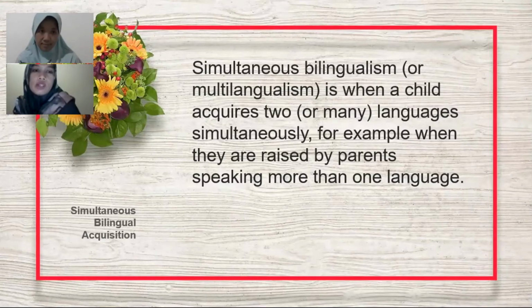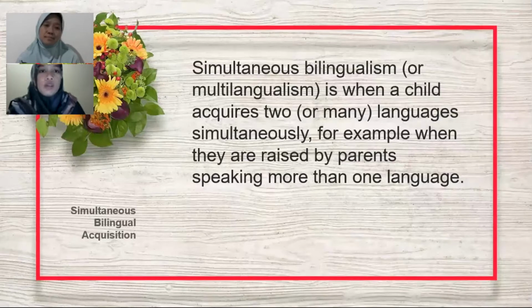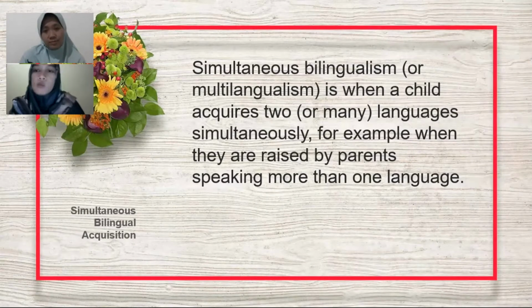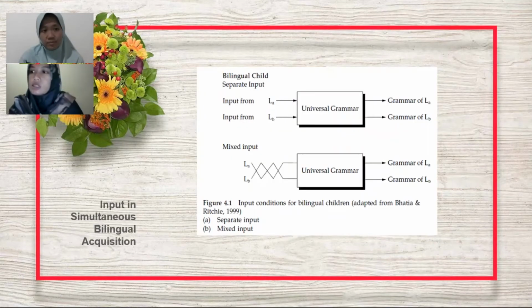Now we go to simultaneous bilingualism. Simultaneous bilingualism or multilingualism is when a child acquires two or more languages simultaneously, for example, when they are raised by parents speaking more than one language. The child's task in simultaneous bilingual acquisition seems even more complex than that of a monolingual child. The problem of acquisition for bilingual children is shown